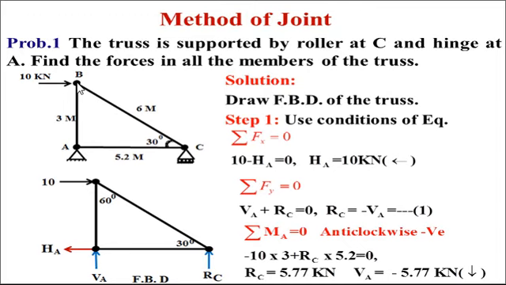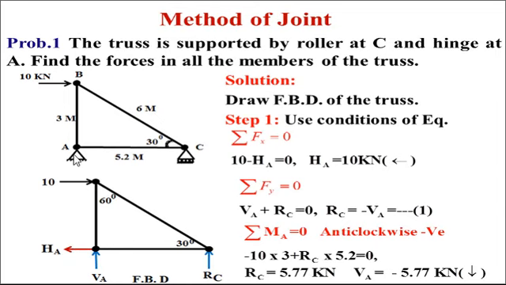So what is our first step? First step is to draw the free body diagram. At point A it is a hinge, so there should be 2 unknowns, HA and VA. At joint A, there will be horizontal reaction HA. This reaction may be rightward or leftward, because these are the initially assumed directions. If HA comes out negative, the sign should be reversed, meaning the assumed direction is wrong. That is the correct outcome.